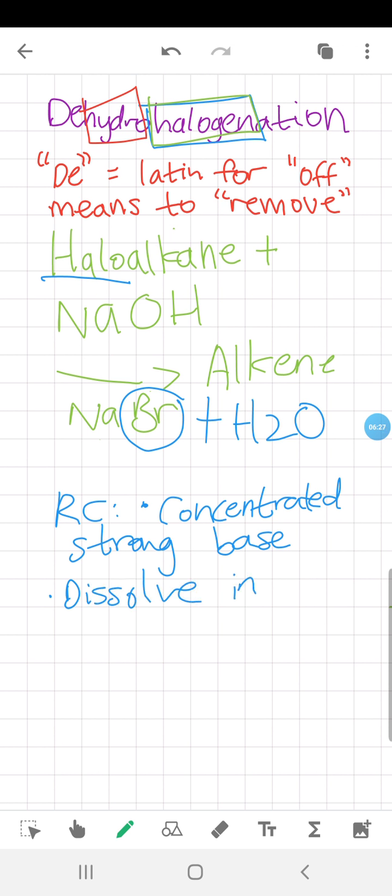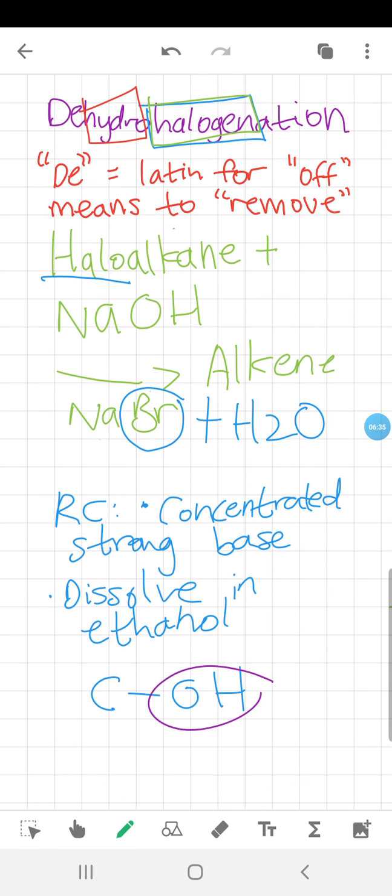What is ethanol? Ethanol is an alcohol, and the functional group of an alcohol contains an OH group. So you know you need to be strong in order to remove the halogen and the hydrogen from the haloalkane. And if you're dissolving in an alcohol, the alcohol contains this OH group. And if someone strong pushes you, you're going to say, oh. So that's how it corresponds with the whole idea of using strong stuff to basically succeed in removing the halogen